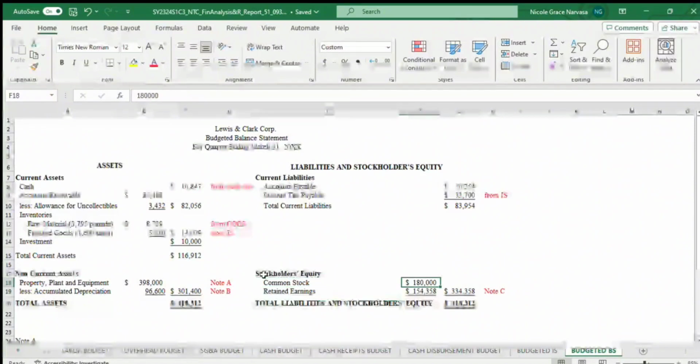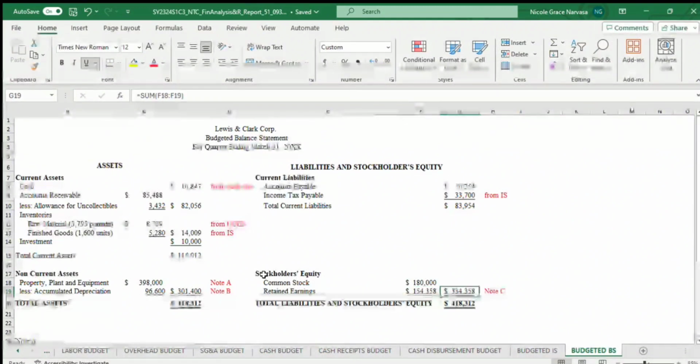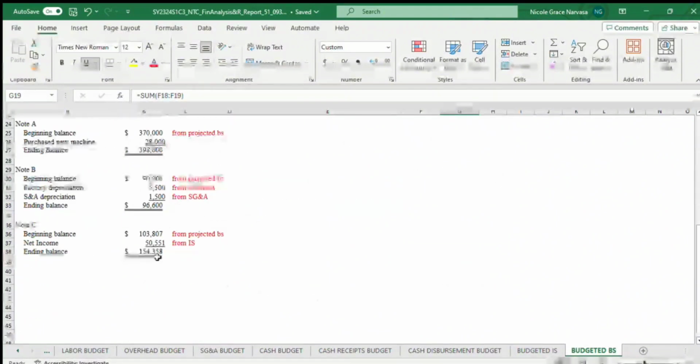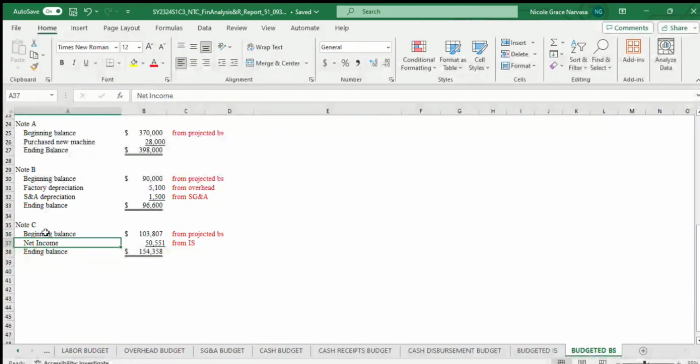Common stock amounts to $180, and for the retained earnings, it's $154,358. That brings us a total stockholders' equity of $334,358. The retained earnings is from note C, which is the beginning balance from the projected balance sheet, add the net income from the income statement, which brings us an ending balance of